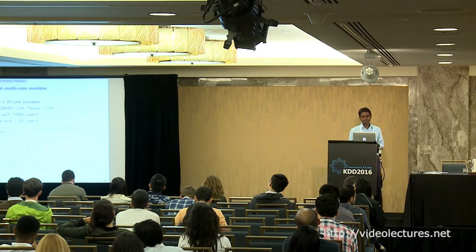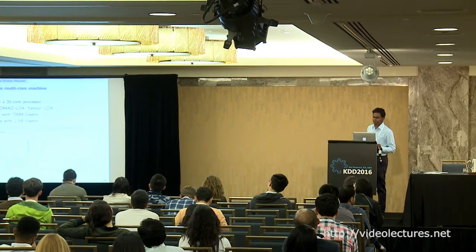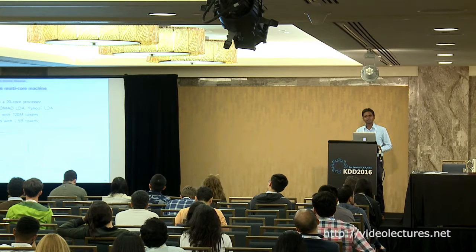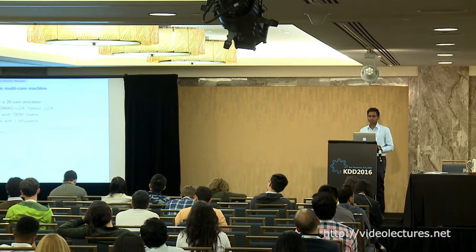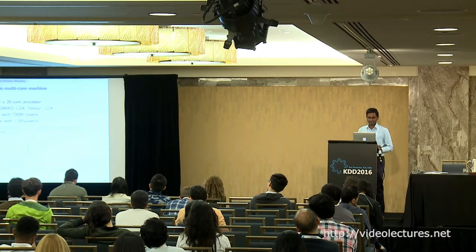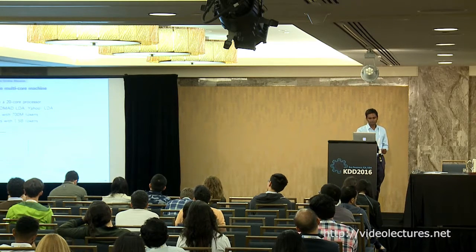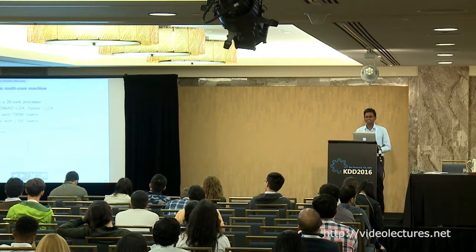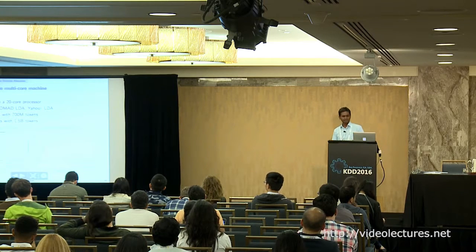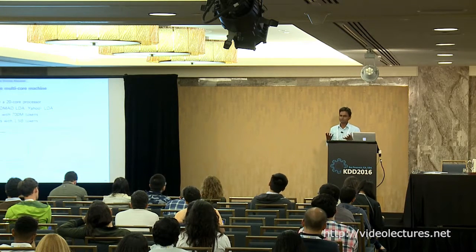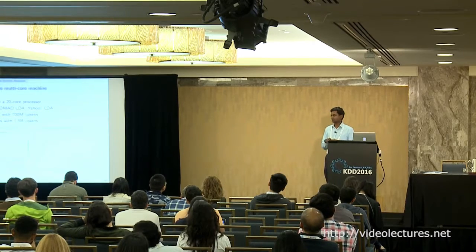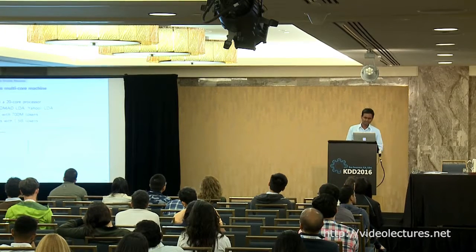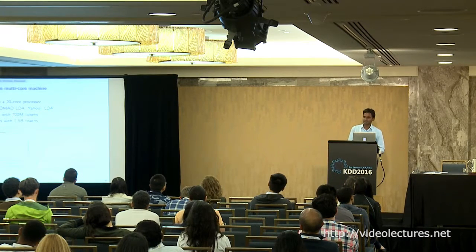This is PubMed, which has 9 million documents and 700 million tokens, and these are from the Amazon reviews. So this is 30 million documents and about 1.5 billion tokens. On a single machine with about 20 cores, you can see that on the Amazon dataset, I think in less than an hour or so, we are able to learn, and I think the number of topics here is 1024. So we have a fairly large number of topics, tokens, and documents, and in less than an hour you are able to get a fairly decent LDA sampler